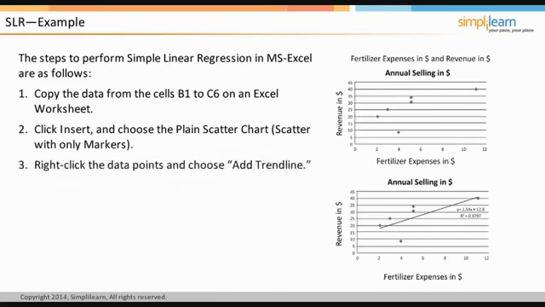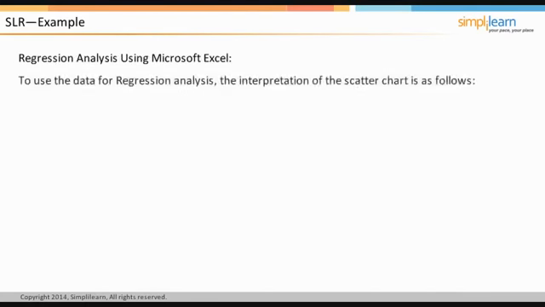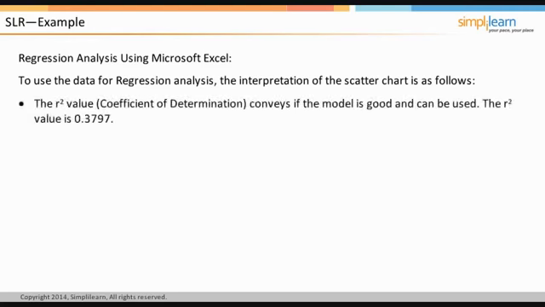Right-click on the data points in the scatter chart and choose the option Add Trend Line. Then choose the option Linear and select the boxes titled Display R-squared value and Display Equation. A linear line will appear, which is called the best fit line or the least squares line. To use the data for regression analysis, the interpretation of the scatter chart is as follows. The R-square value, or the coefficient of determination, conveys if the model is good and can be used. The R-square value here is